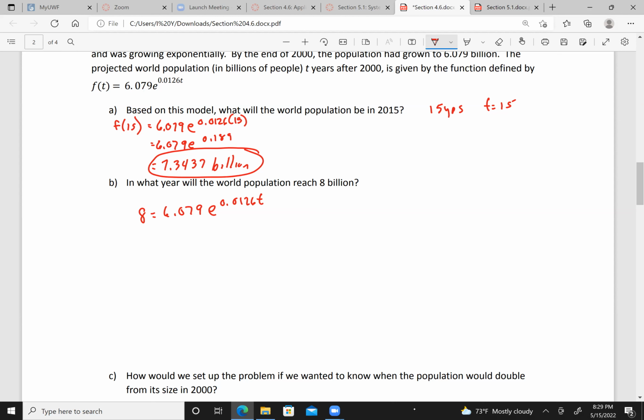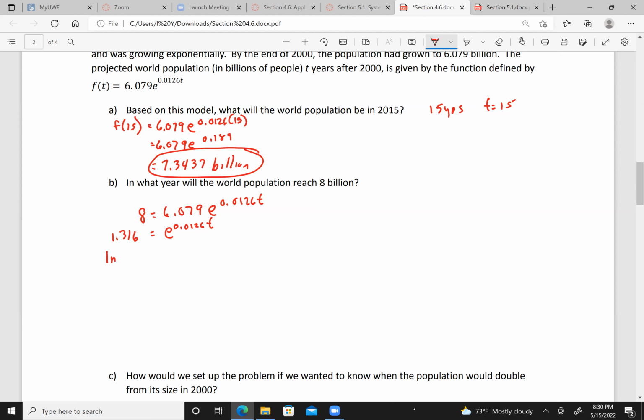8 divided by 6.079. That works out well. 1.316 followed by a couple zeros, so we'll stop there. And this is e to the 0.0126 t. Now, if I take the natural log of both sides of this, and I can do that,